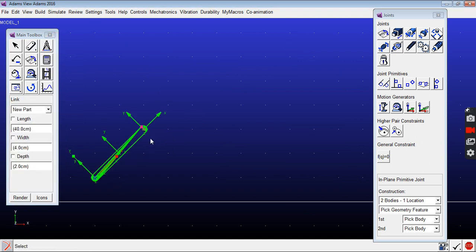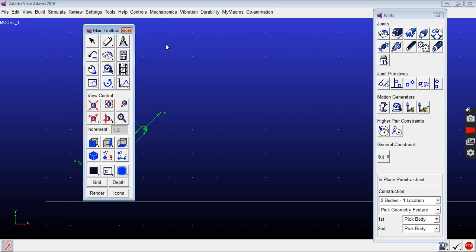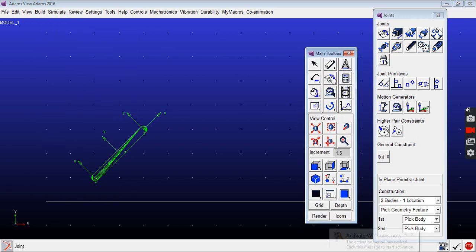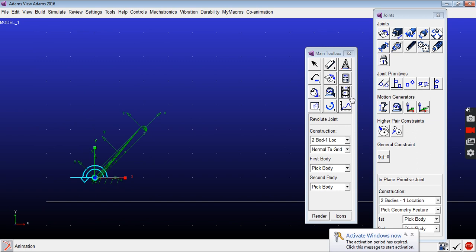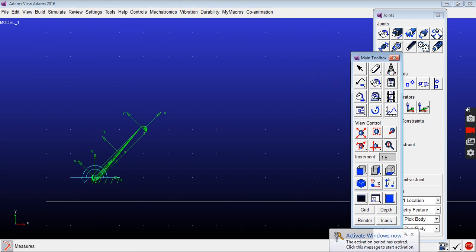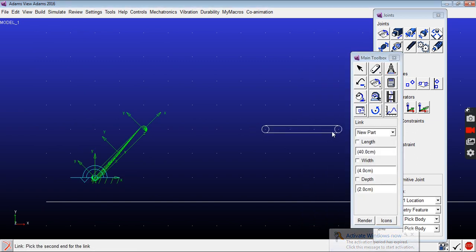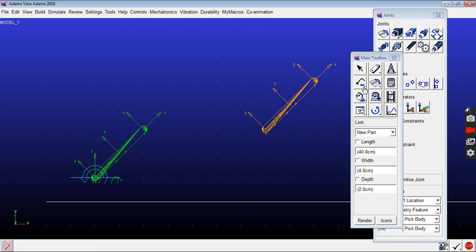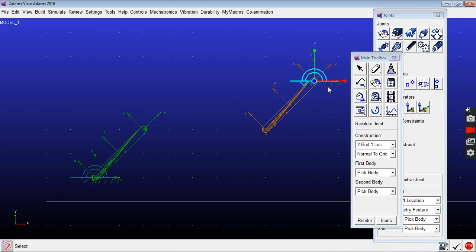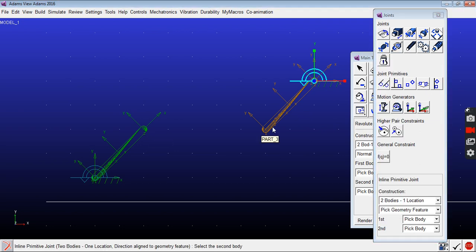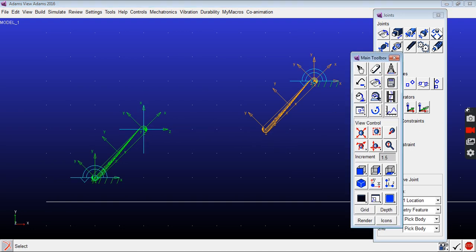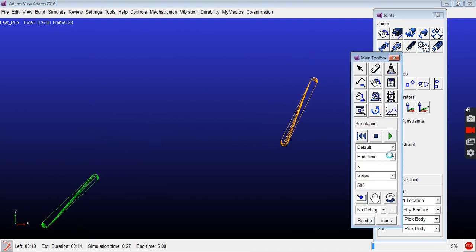Okay, so now inline. I am going to rotate this part, and I am going to create one more part like this. Okay, this one also I am going to rotate like this. So what I am going to do, I am going to create inline this part to this part, from this point to this point I always inline. Okay, you can see here this 2 point always inline.